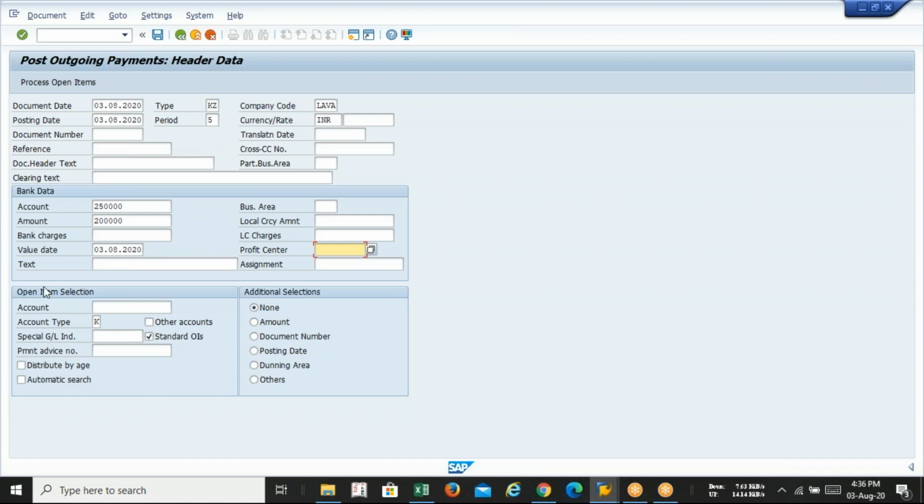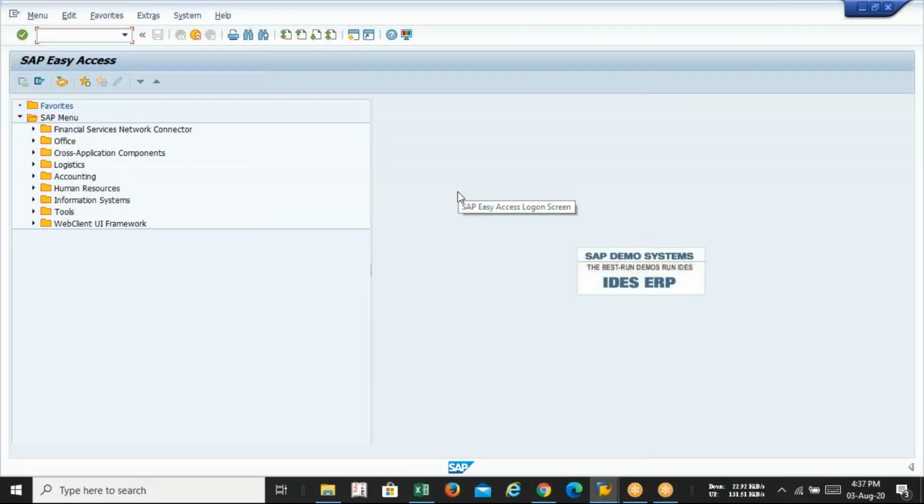So remember one thing, be it incoming payment or outgoing payment, you have to proceed with the value date, and you can put the same document date as a value date. Why? Because at the time of creation of this GL, you have selected G005. I think you remember, guys. And G005 is the bank data with the value date compulsion.